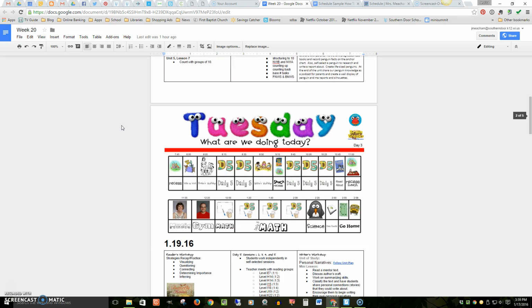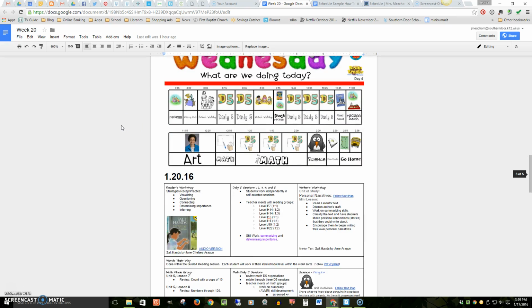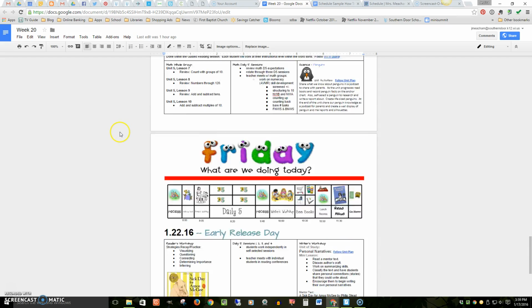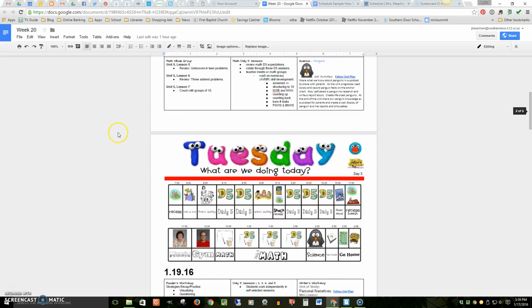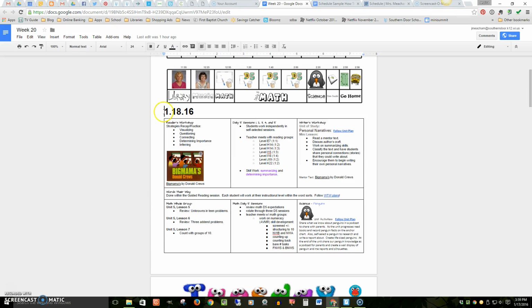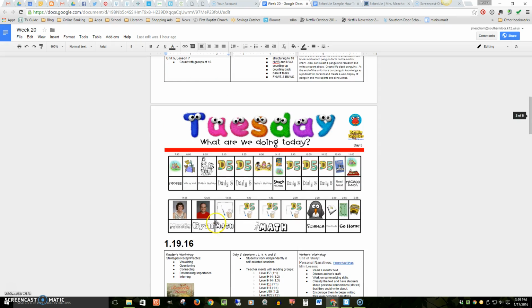So we have Monday and Tuesday, Wednesday, Thursday, and then Friday, which happens to be an early release. And then after I put the image in, I edit the text at the bottom. It just simply has the date and then a table where I add the information that is relevant to the